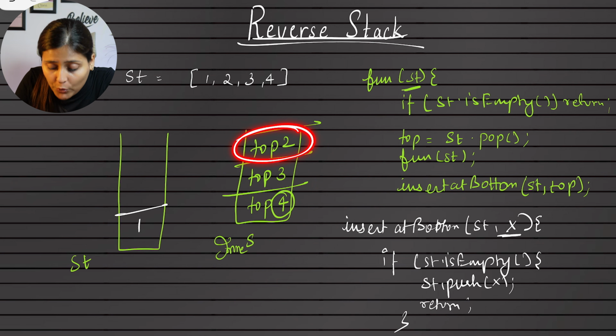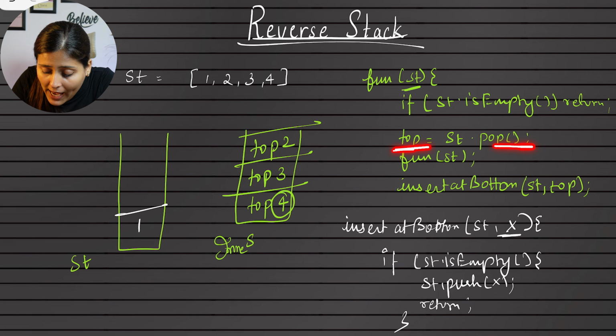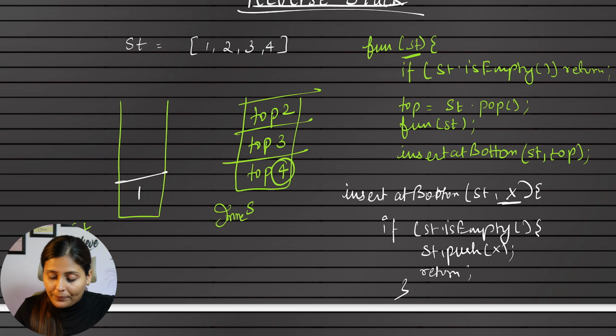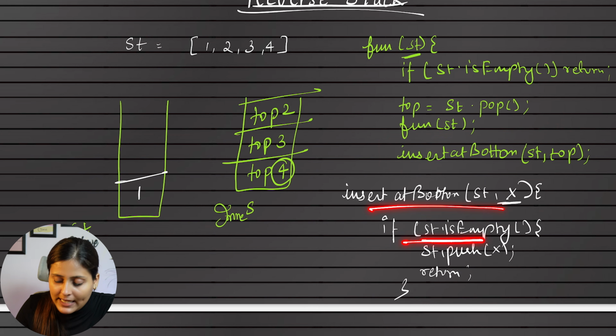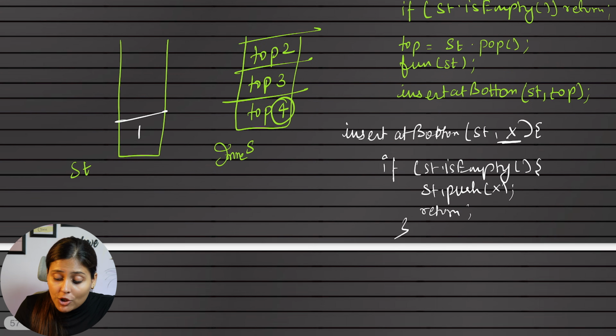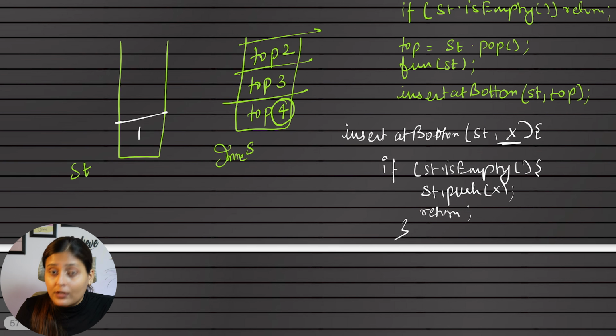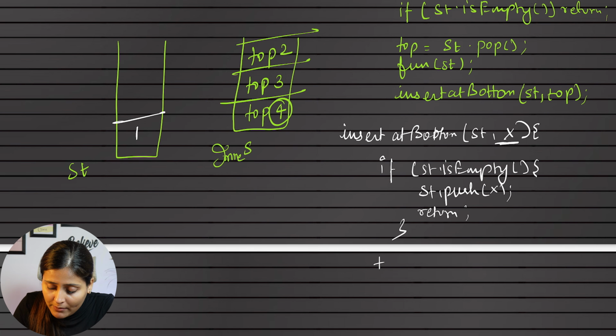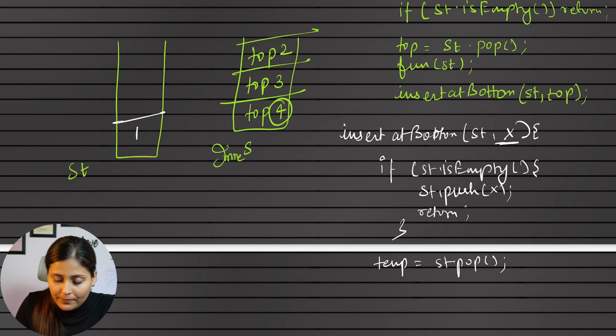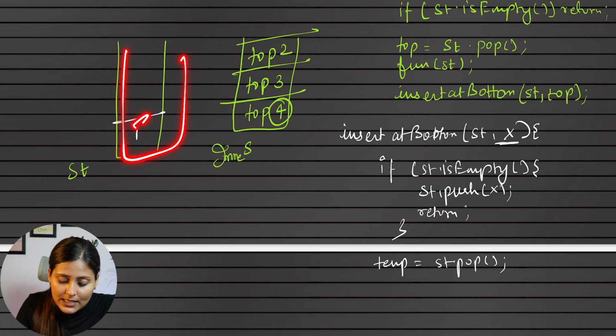The previous function means top 2, where I have top 2 and the stack was having 1. Now again another insert at bottom, but with stack 1 and top 2, correct? At this time it will ask, is my stack empty? No, it is not empty. So I cannot push my 2 here. I have 1 here, correct? So I want to pop that. For the pop, I will make a temporary variable, and from the stack we have to pop. Done.